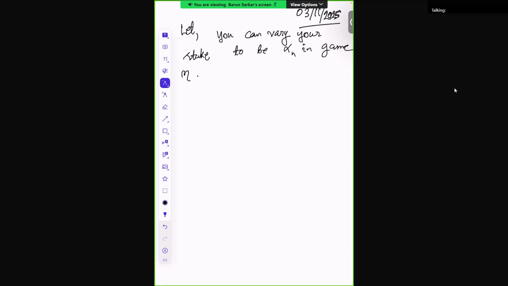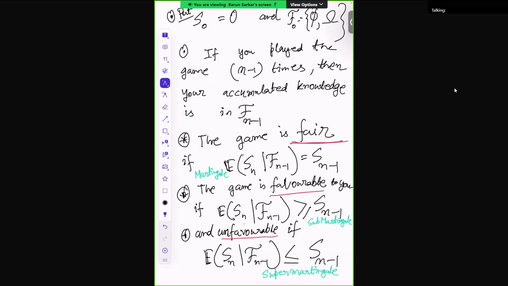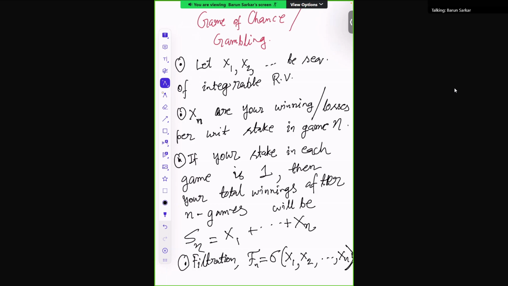So you can vary your stake in game n. I mean, instead of Sn equal to X1 plus X2 plus ... plus Xn,